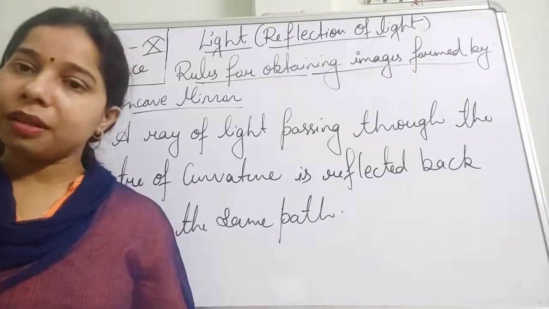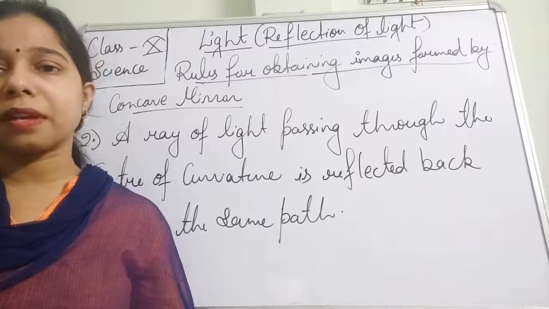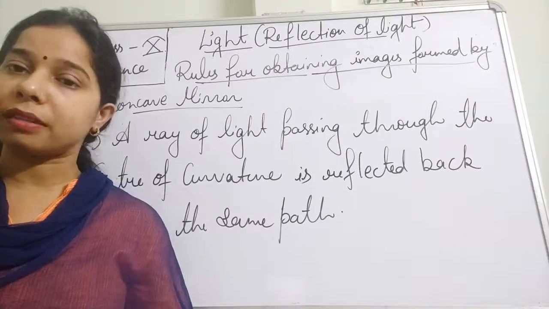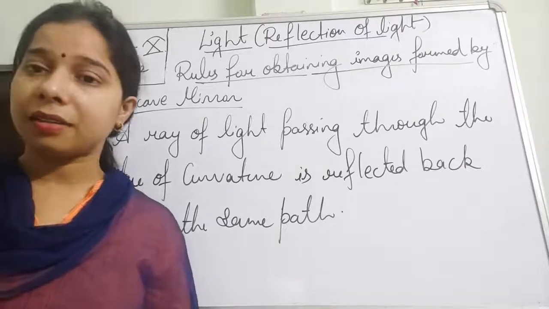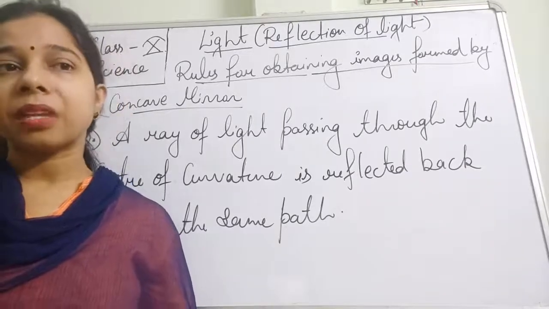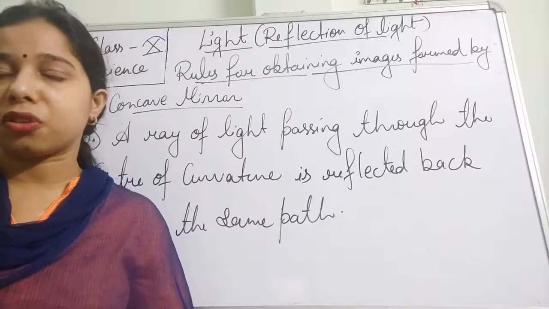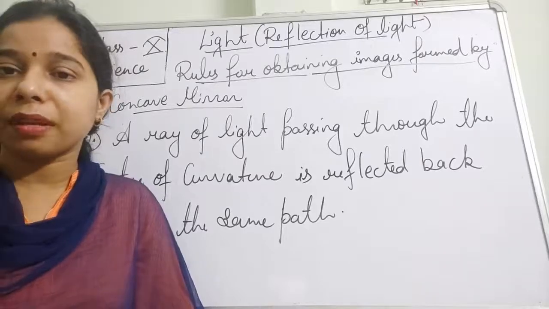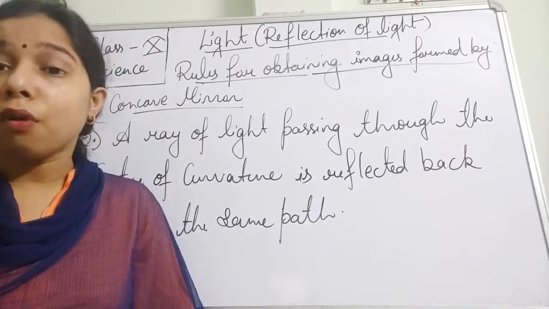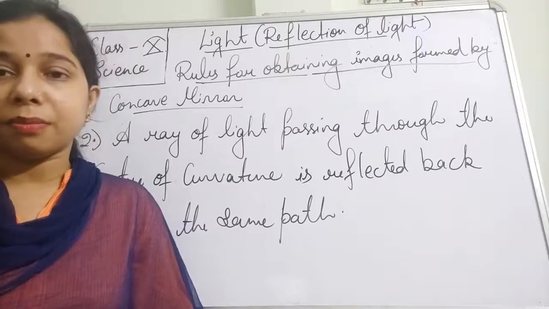The second kind of mirror, students, is the convex mirror. In the case of a convex mirror, when the beam of light falls on its surface, it gets diverged and it appears as if it is coming from a point and diverges after reflection. So basically we can say that it feels like somewhere behind the mirror there is a focus, a point that is called the principal focus.